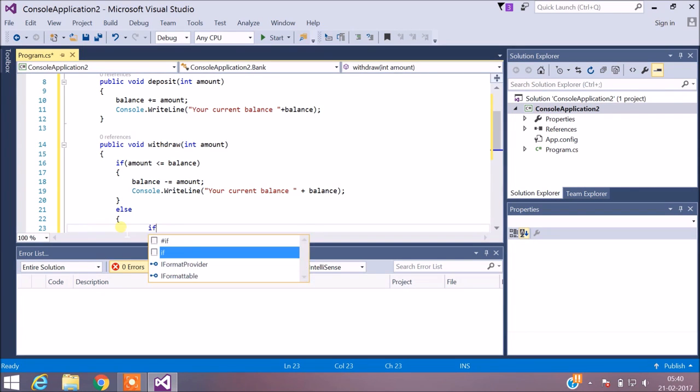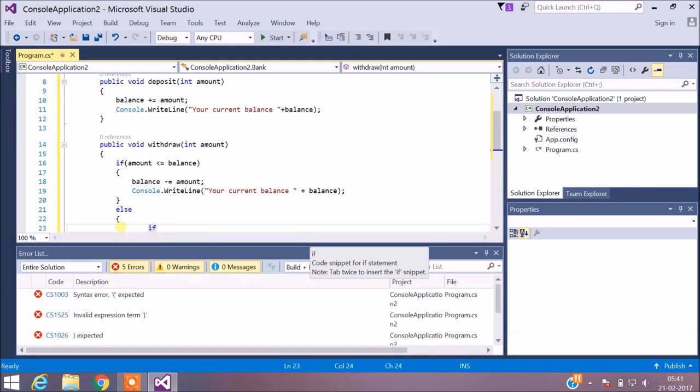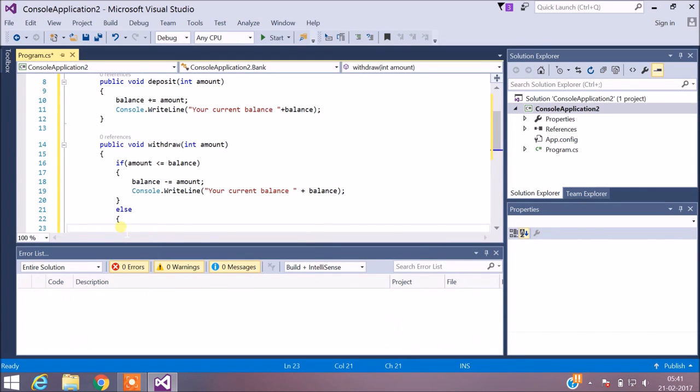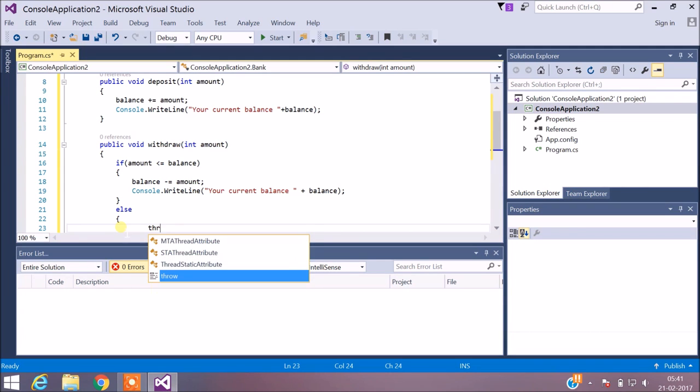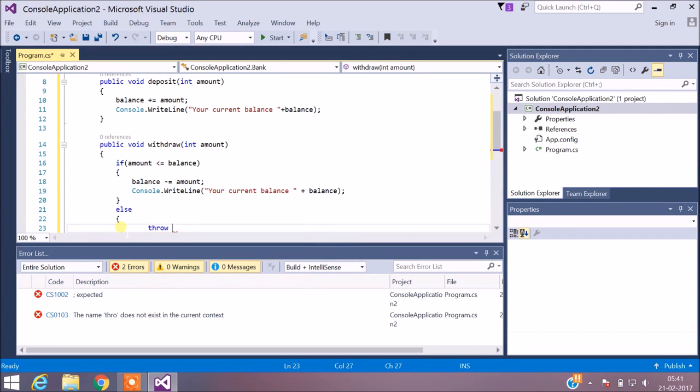If my amount is greater than the balance, then I have to throw an exception to an insufficient fund exception class that would have inherited from the base exception class. So I'm going to throw this exception, throw